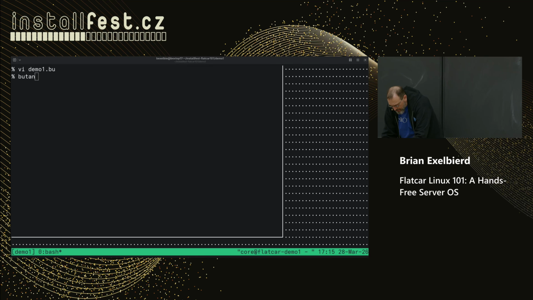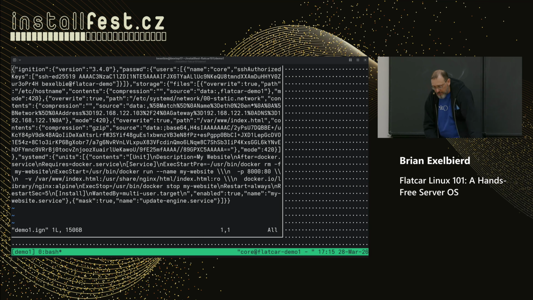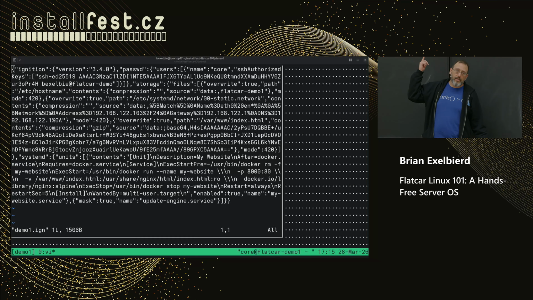You have to transpile the butane into JSON, demo1.bu, out to demo1.ign. I want to show you that's not magic either. This is what YAML looks like when you remove all the new lines. The only thing that's odd here is the base64 blob in the middle. That's the HTML page.